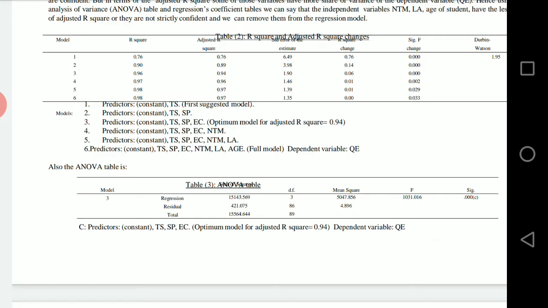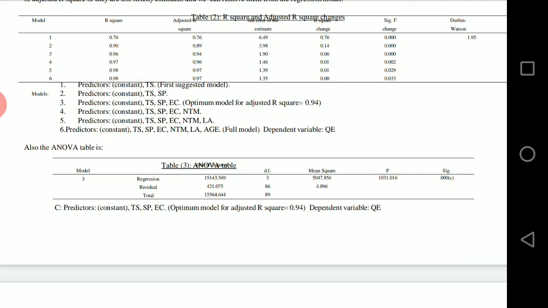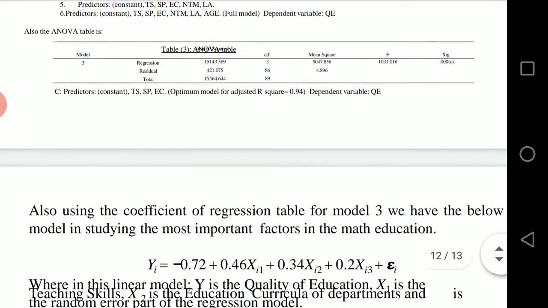Then fourth predictors: constant, TS, SP, EC, NTM. Fifth predictors: constant, TS, SP, EC, NTM, and LA. The sixth predictors: constant, TS, SP, EC, NTM, LA, age, the full model, dependent variable QE. Also the ANOVA table is shown in table 3.